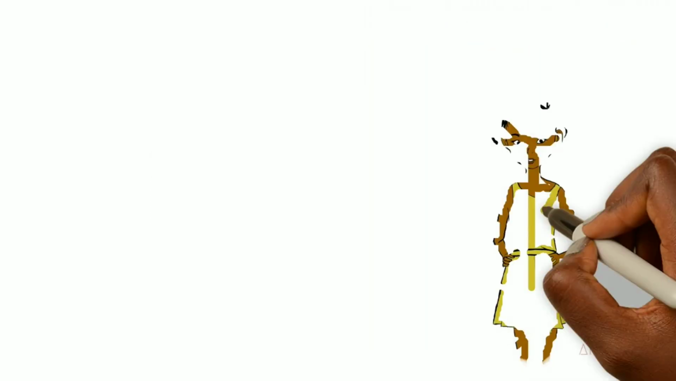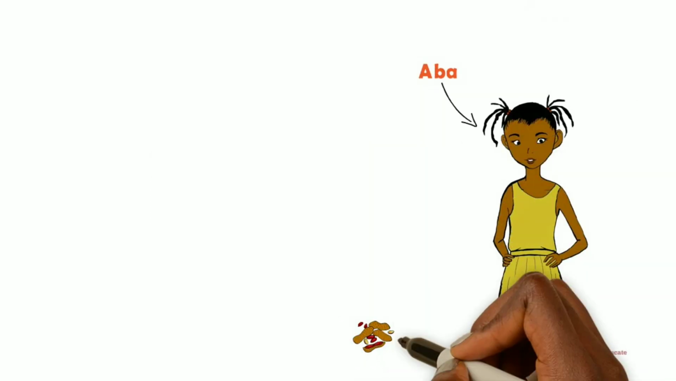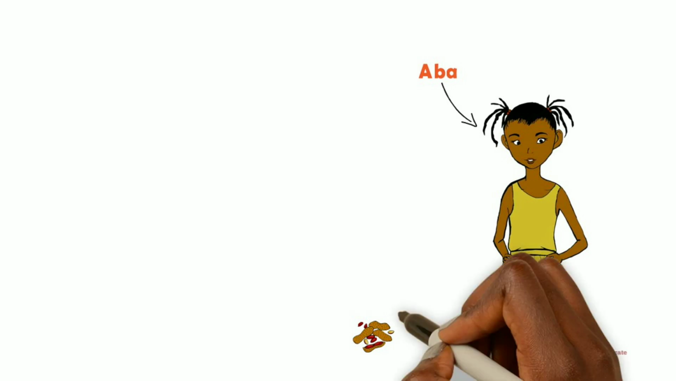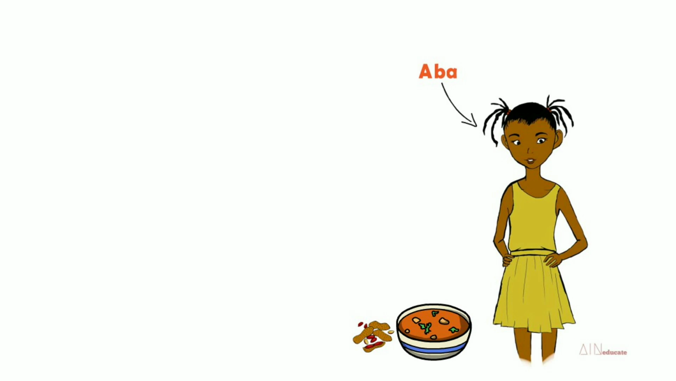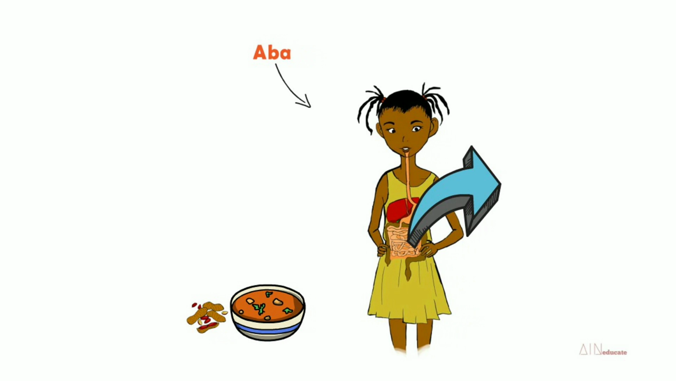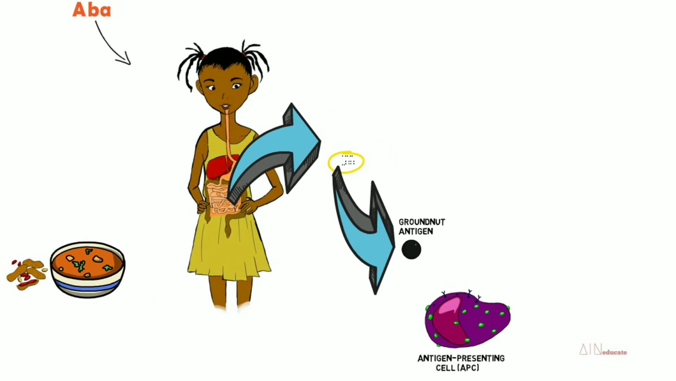Let's take an example. A girl called Abba is allergic to groundnut but has no idea she does because she has never eaten groundnut or groundnut containing food in her life. She tries groundnut soup for the first time, oblivious of what could happen, but her body has a whole different plan. When the groundnut gets ingested, pieces of the groundnut antigen are picked up by antigen-presenting cells, APCs, such as